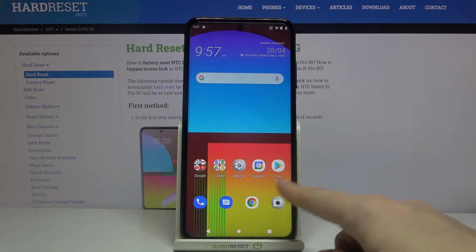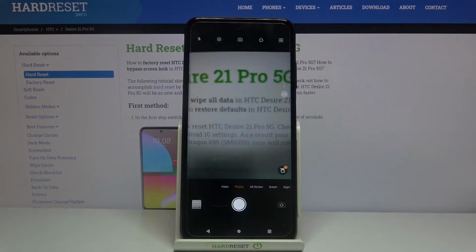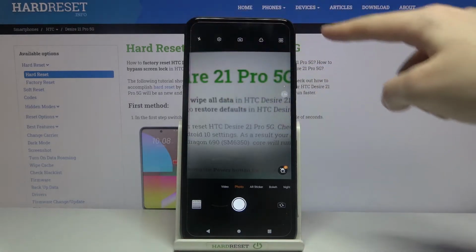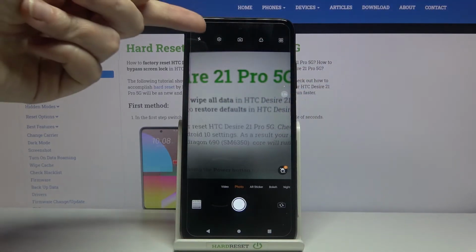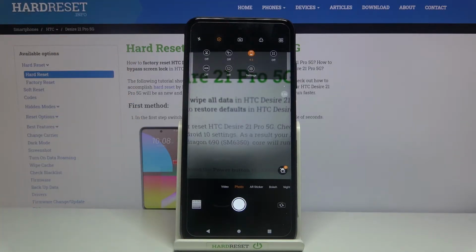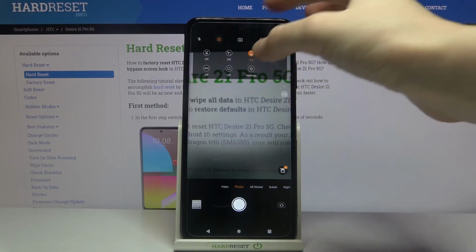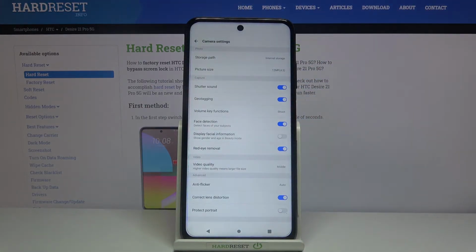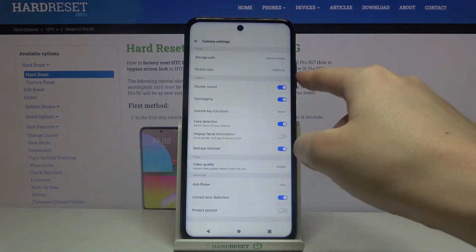So at first we have to tap on the camera button to open it, and for now we are in the standard photo mode. Now let's move to this settings bar and let's focus on the button, the second from the left. When we pick it, we get access to more options about the camera we can manage. Now we have to pick this settings button to open the advanced camera settings, and here in the capture category